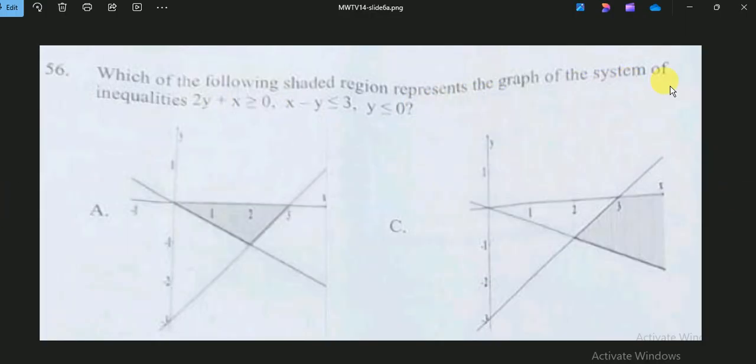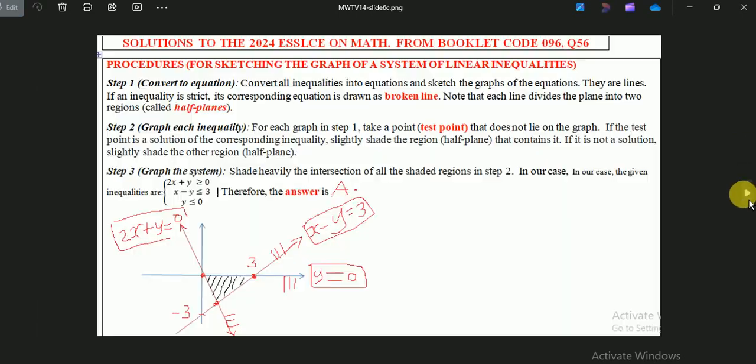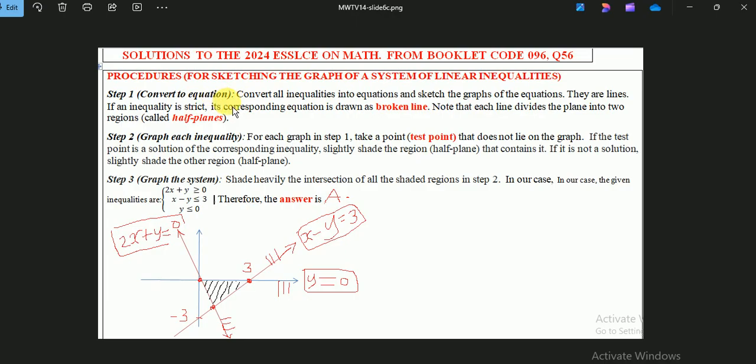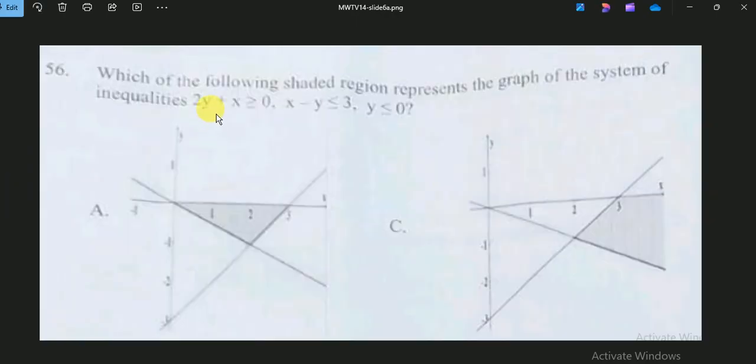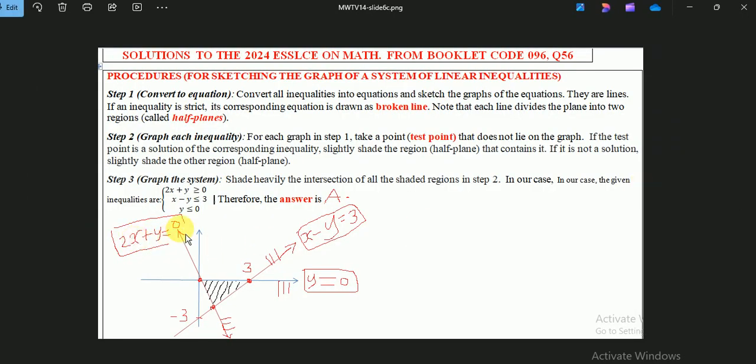Which of the following shaded regions represents the graph of the system of inequalities? How do we sketch the graph of a system of inequalities? We follow certain procedures, three steps. First, convert the inequalities into equations. After that, graph each inequality separately, and after that find the intersection of the regions. These are the steps we follow. For the present problem, the inequalities are 2y plus x greater than or equal to 0, so convert this into an equation: make it equal to 0. x minus y is equal to 3. y is equal to 0. When we sketch these lines, we get 2x plus y is equal to 0, this line. y is equal to 0 is the x-axis. x minus y is equal to 3 is this line; it passes through x is equal to 3 and y is equal to negative 3. So these are the lines. After that, sketch each